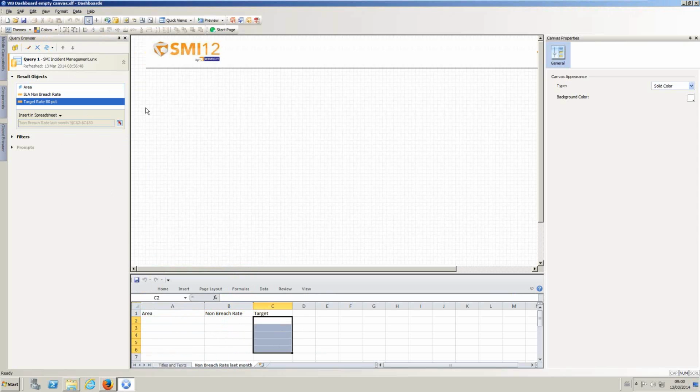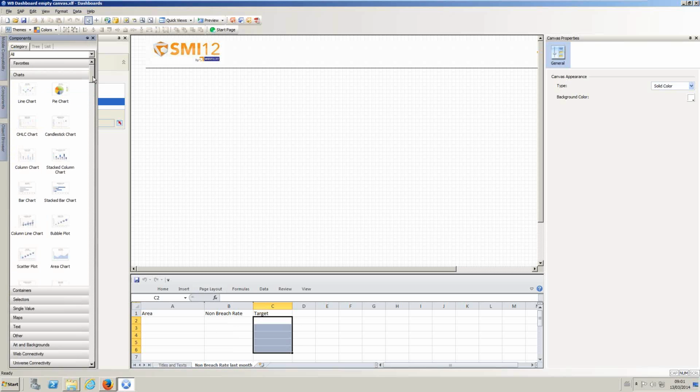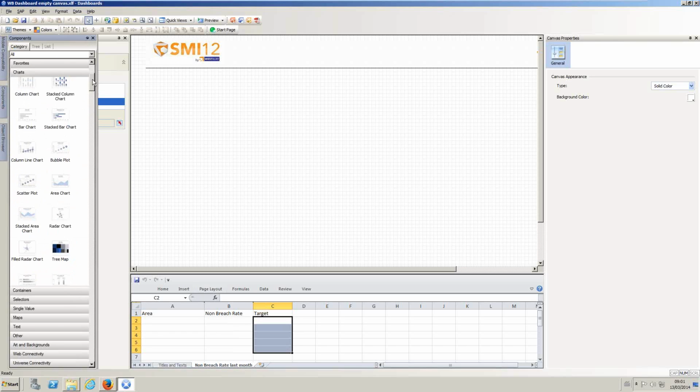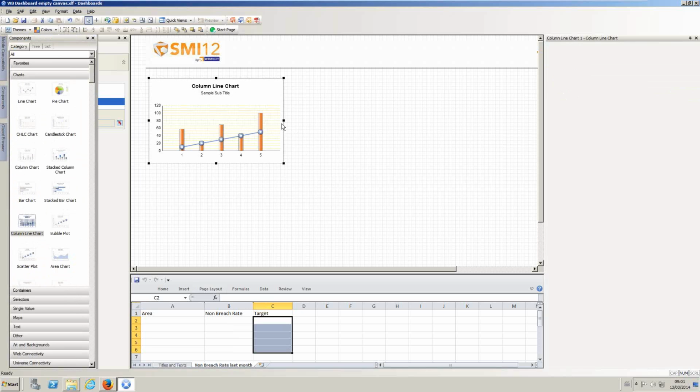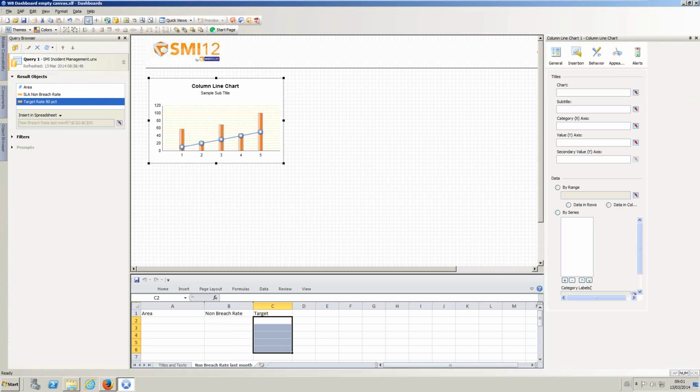include a dashboard component on the canvas here that gets its information from that range. So I'm going to components, and there's all sorts of components included. But in this case, I said earlier, I wanted to include a combined column line chart. So I'm just dragging that on there. And this is how that will look